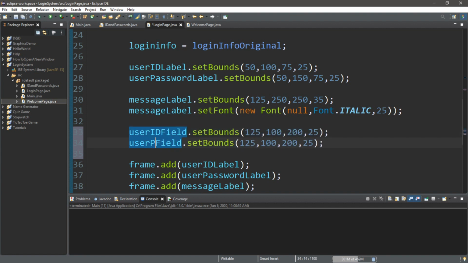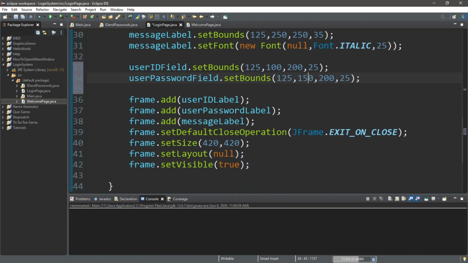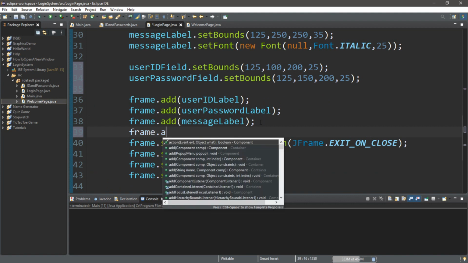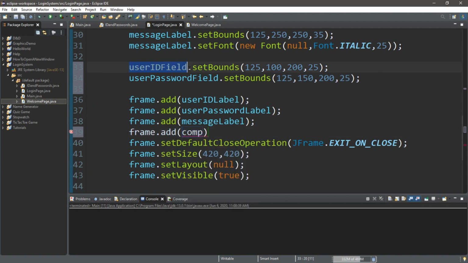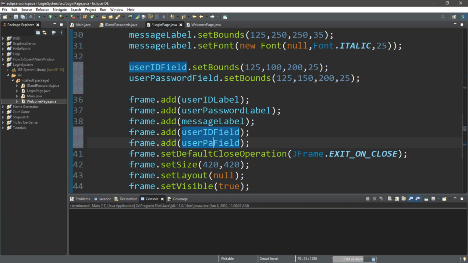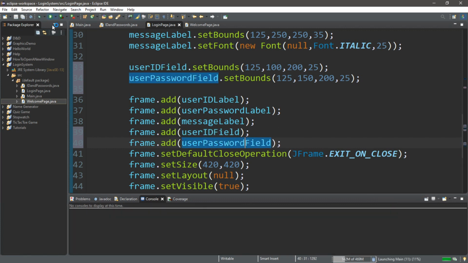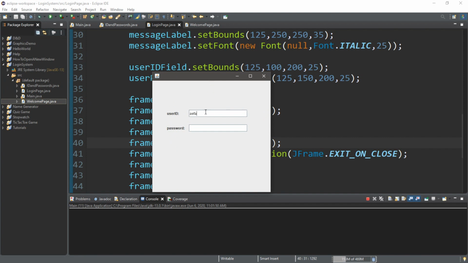So userPasswordField, we'll set the bounds to be 125 and 150, and we'll keep the other two fields the same. And then let's add these to our frame. So frame.add userIDField, and then the same thing for our password field. Okay, let's try it now. Not too bad, not too bad. We can actually type in some stuff here. Now with the password, if you were to type something in, it's actually hidden, so everything is bulleted.